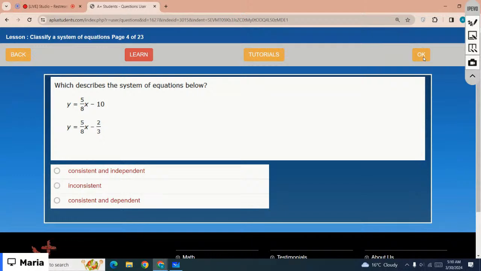y equals 5/8 x minus 10, and the second one is y equals 5/8 x minus 2/3. So for both the equations the slope is exactly the same but the y-intercepts are different, right? That means the system is